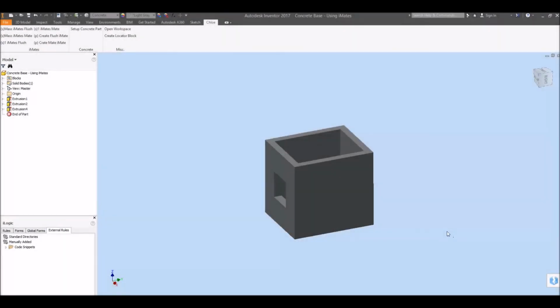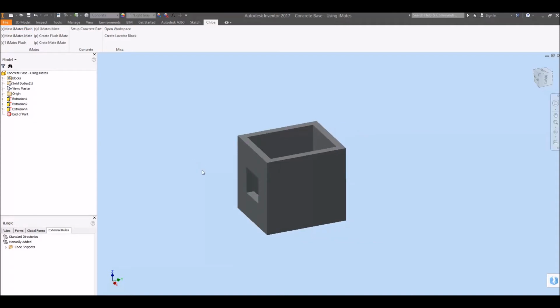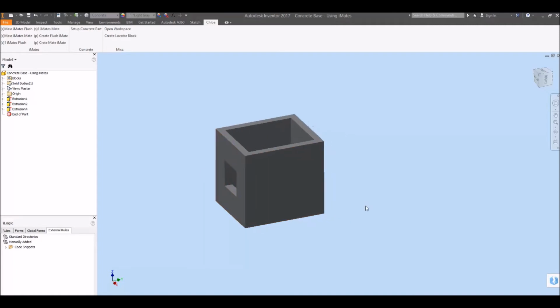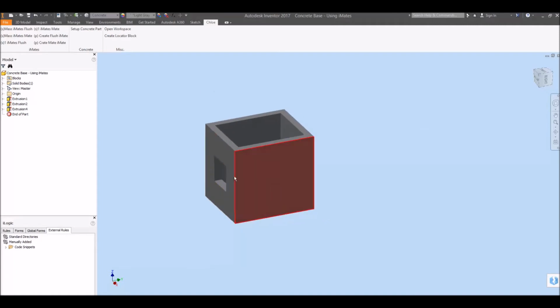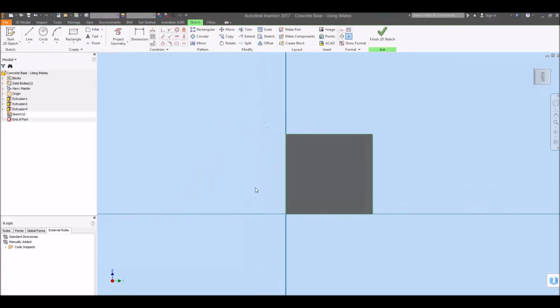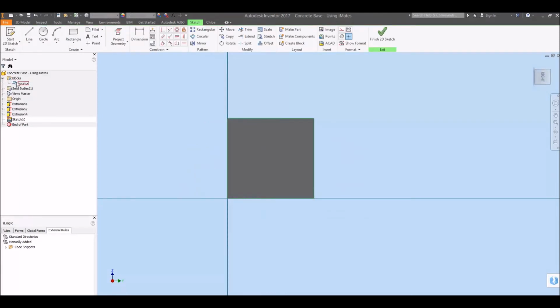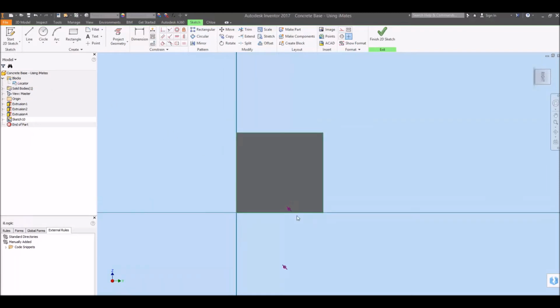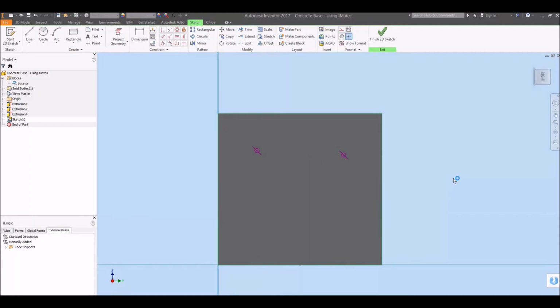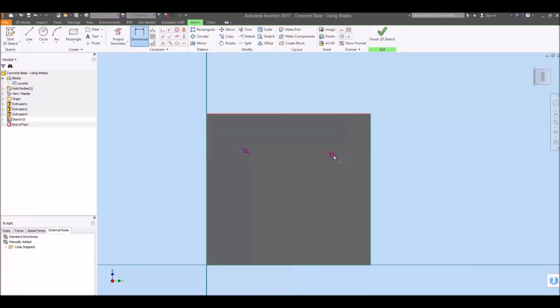In order to truly understand the benefit of the Mass iMate flush command, let's go ahead and build our iMates on our locator blocks manually. So here I just have my base section, and I'm going to add a new sketch to the outside wall. Find my locator in my block folder, drag it onto the screen. I'm going to add 2 of them, get them in sort of an arbitrary location, add my dimensions,